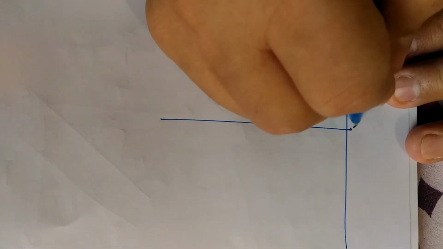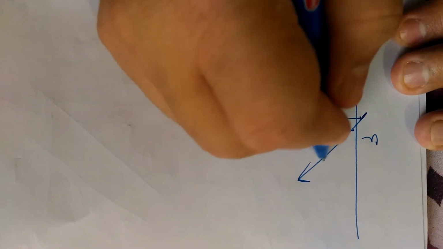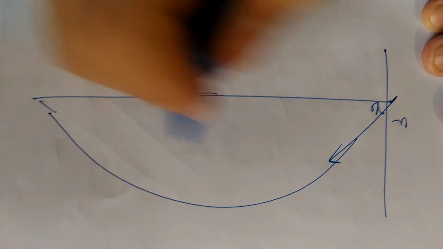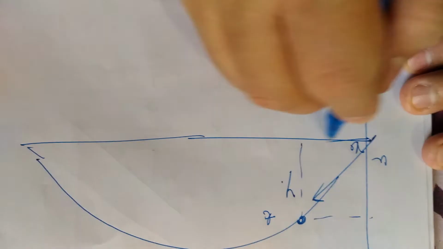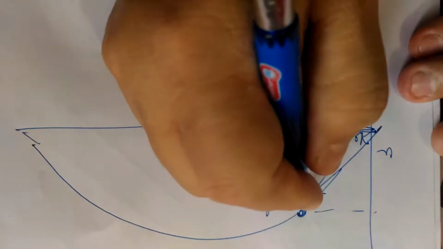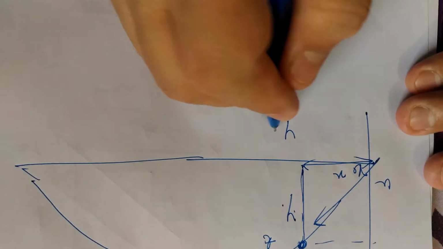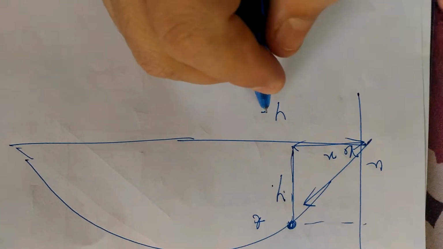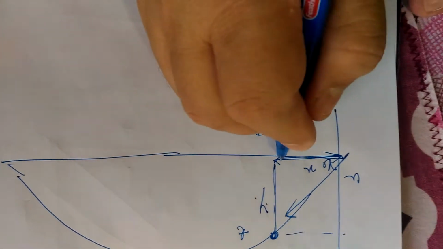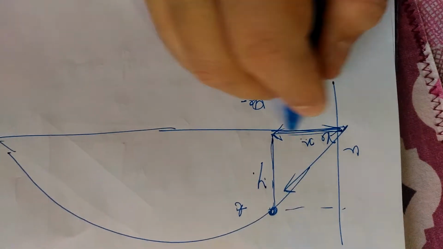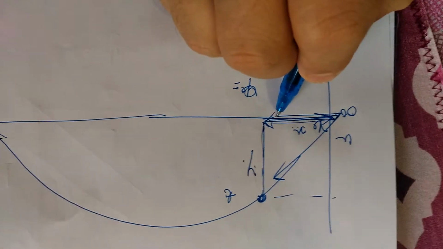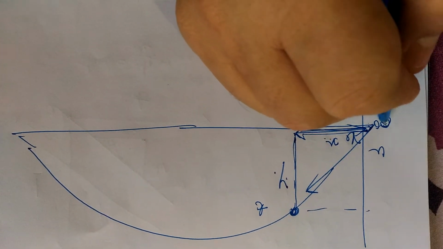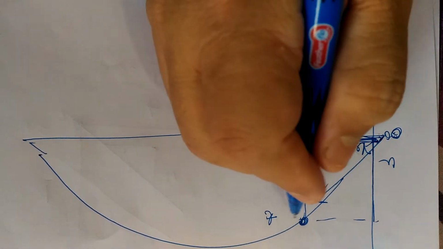So considering again, if you are throwing a projectile with a velocity u at an angle theta, this is the projectile motion. Considering any random point, say this height is y at time t and this distance is x. So we'll use y is equal to s is equal to ut plus half gt square, the first horizontal motion. So this distance x is traveled in time t. If you imagine that two stones are thrown simultaneously, the horizontal stone will travel x distance in time t, and the vertical stone will travel this distance y in time t.